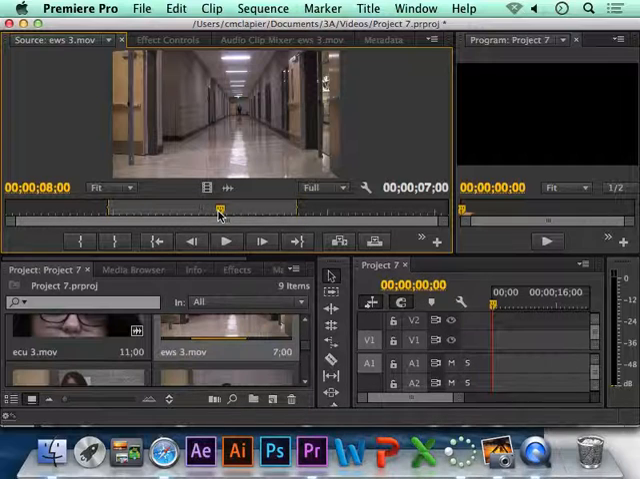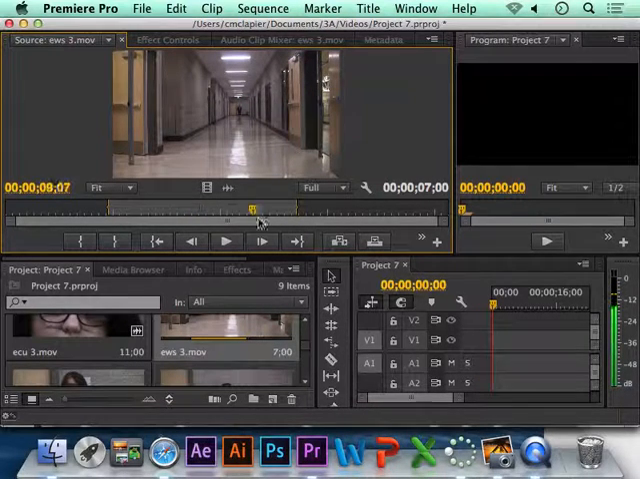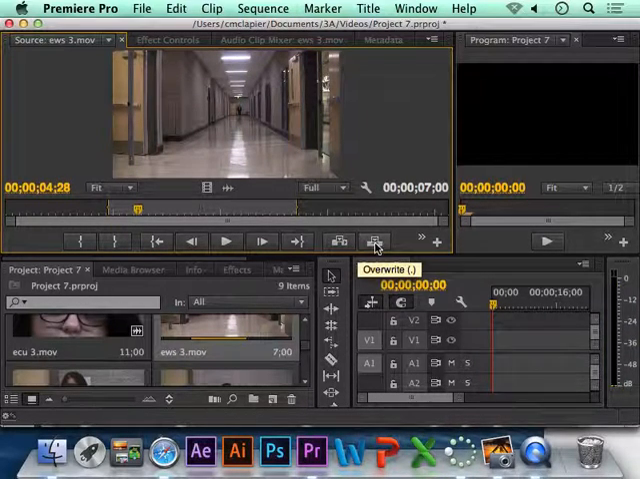So what we're looking for in our edit is that we get the best 7 seconds. So we're looking that the duration is 7 seconds long, and we're looking that we don't have any major camera mistakes in those 7 seconds. To preview just your 7 seconds,